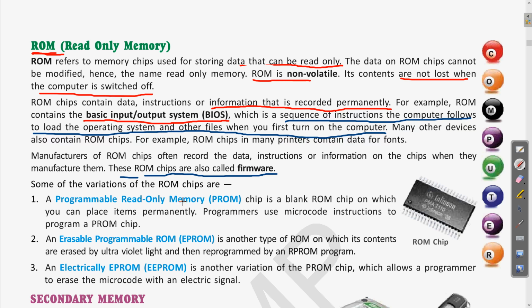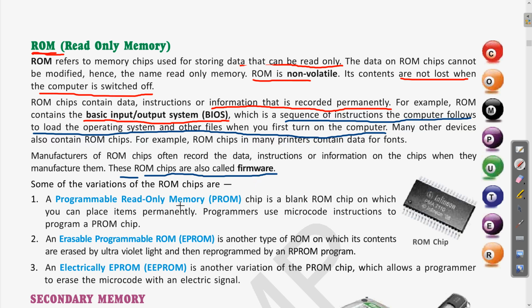Okay, so now we have seen what ROM is, what its names and features are, and the different examples where we can see ROM. If we talk about examples, we can find it in the BIOS chip of the computer, and in various electronic devices: printers, refrigerators, washing machines. In all of these devices, as it is pre-installed and pre-programmed, they are also called firmware. The basic feature of the ROM chip is that it is read only and non-volatile in nature. It means the contents will not be deleted.